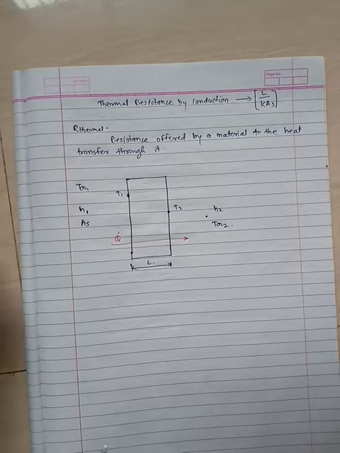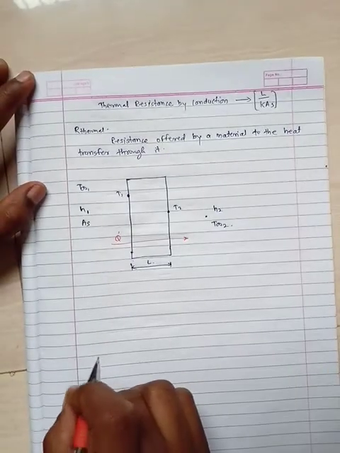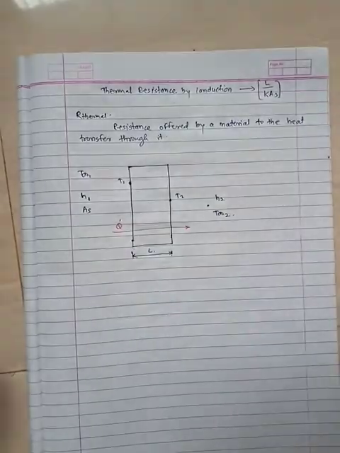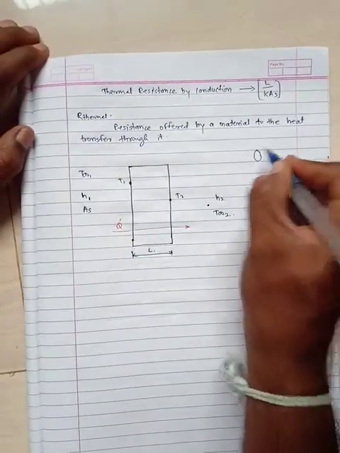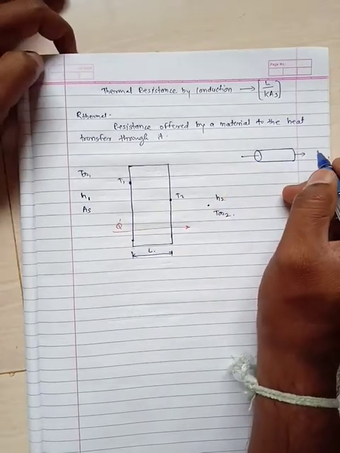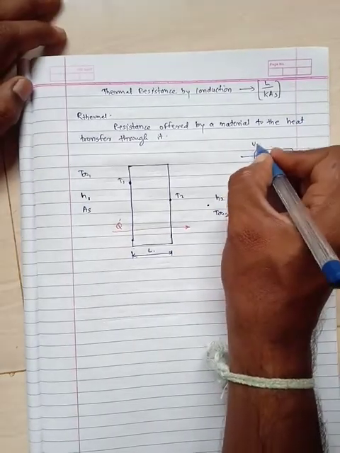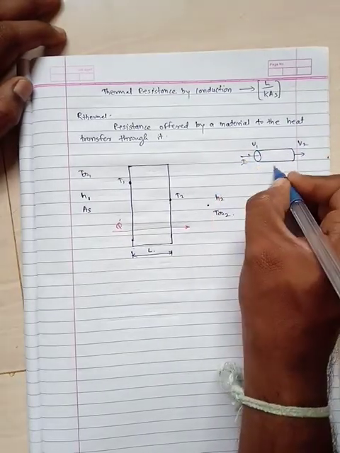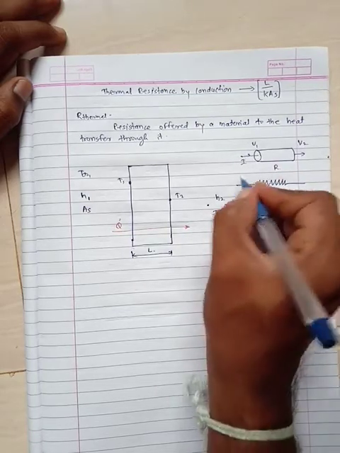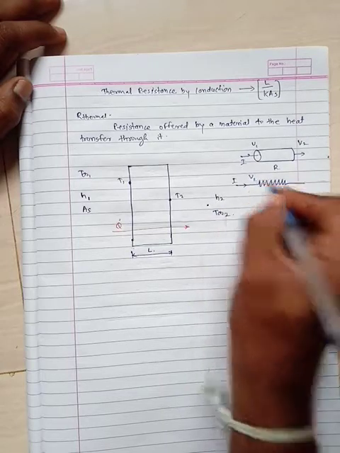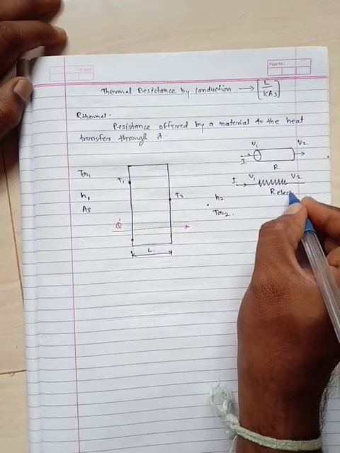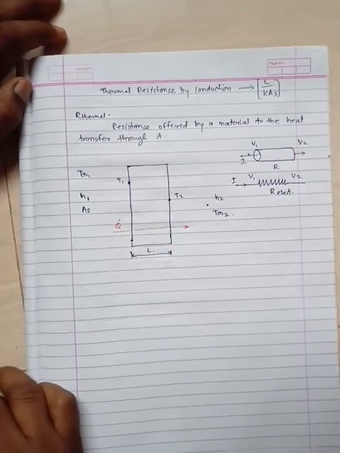Now, according to electrical conduction, we always show the electrical current flow as an electrical network with V1, V2, and this I and R. So this is shown by an electrical network as current flowing through the conductor from V1 to V2, and this is the resistance applied by the conductor to the current flow.